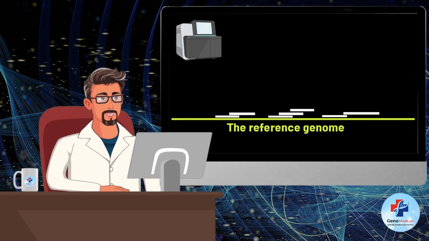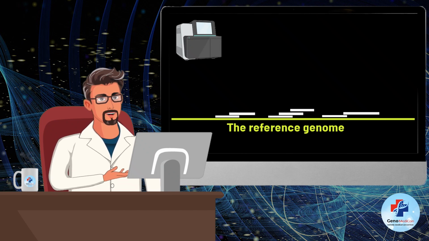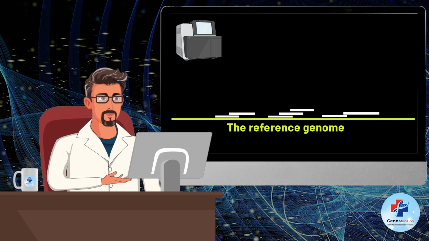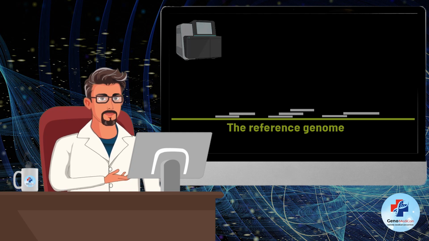Sequencing errors, genomic variations like SNPs and indels, or repetitive regions in the genome can make mapping challenging. That's when advanced algorithms come in. Alignment tools rely on specialized algorithms to efficiently map millions of reads to a reference genome. Most tools use one of the following two approaches.